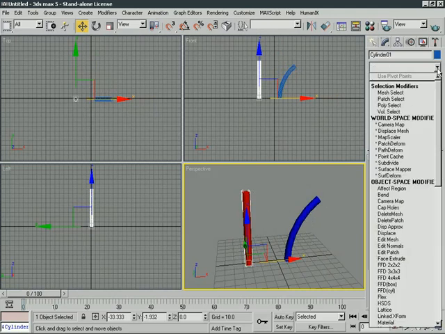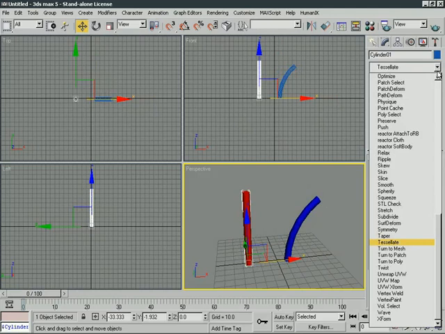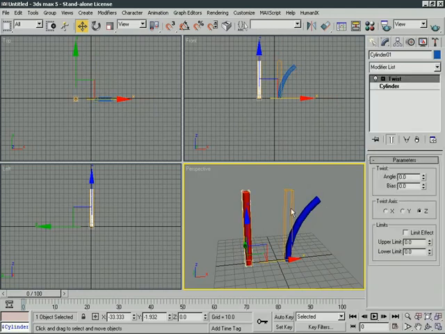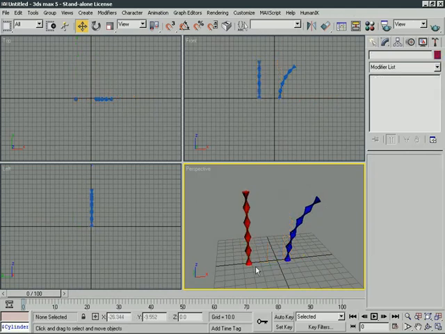Let's perhaps put a twist on this guy here. So we'll jump on down there. There's twist. And look at this. Interesting. And if I come up here and start adjusting the twist angle, oh, wow, look at this guy over here. So he's respecting the twist. Then after the twist, he has his own modification, which is the bend. So he's bent over. So this puts us in a situation now where I can come back and have a